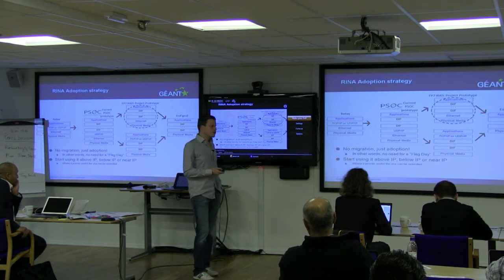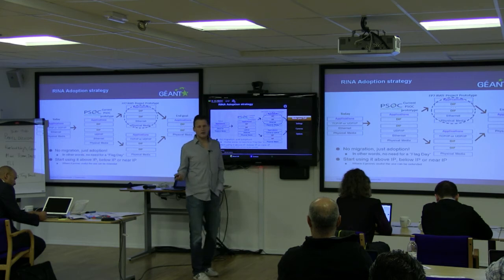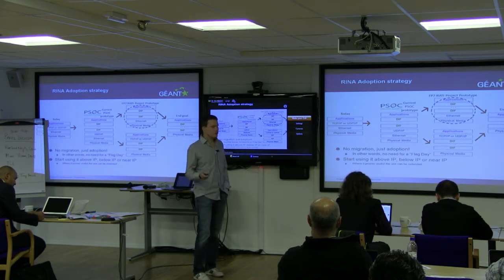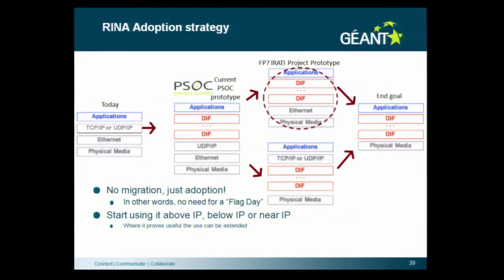So the difficulty for the end goal is that currently we have different data link layers. So let's talk about layer 2, layer 1. So we are building an API exposing these functionalities that are available in the lower layers. We call this a shim-DIF, and it's part of the migration. So that's what we have. We can stack one RINA layer on top of Ethernet. We can do it on top of TCP/IP, and we're going to look into doing it on top of LLC, which is also a form of Ethernet, which has an EtherType below 400.